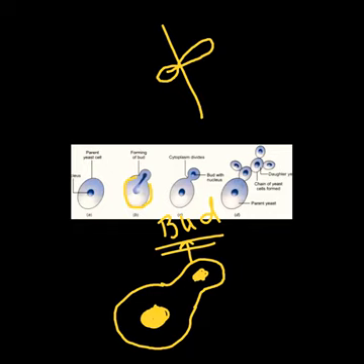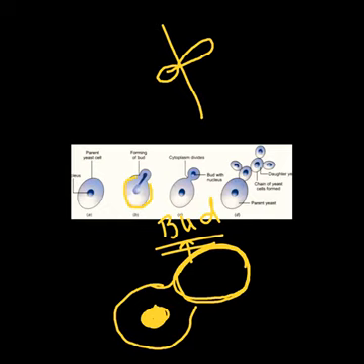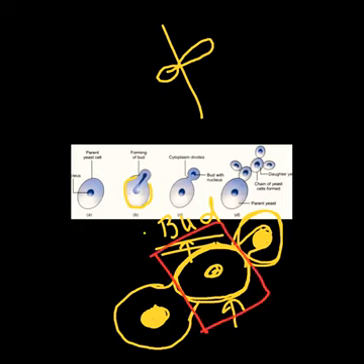Now, by the time the bud grows in size and forms the new yeast, this yeast does not get detached from the parent. It remains attached. And again it develops a new bud on its surface. Again it grows in size. Again it remains attached, right? If it matures, then it gets detached by the time. But this remains attached to the newly formed yeast.